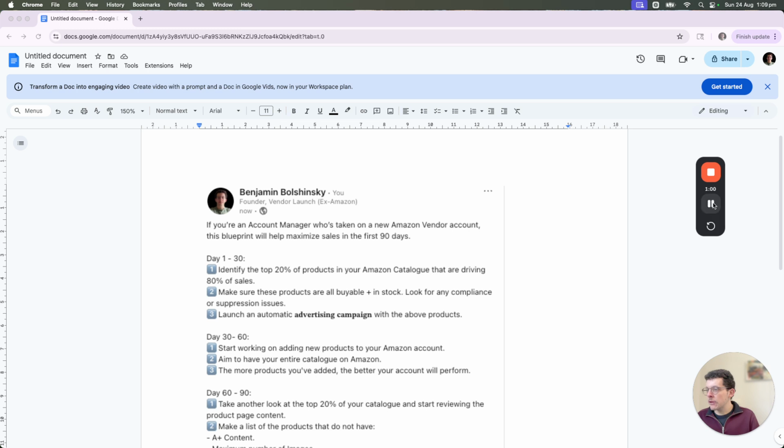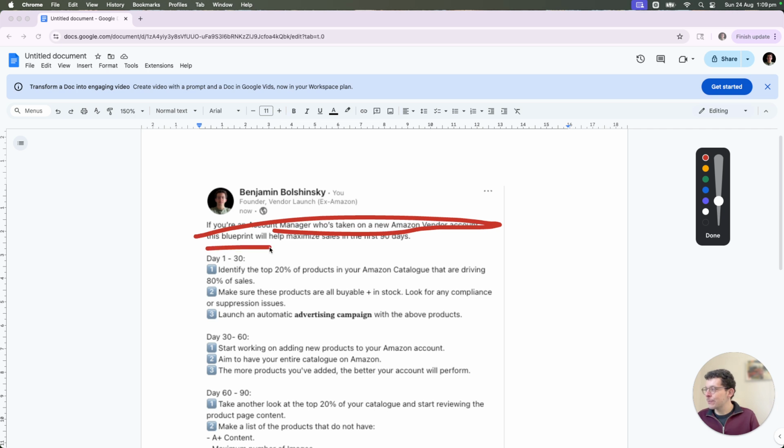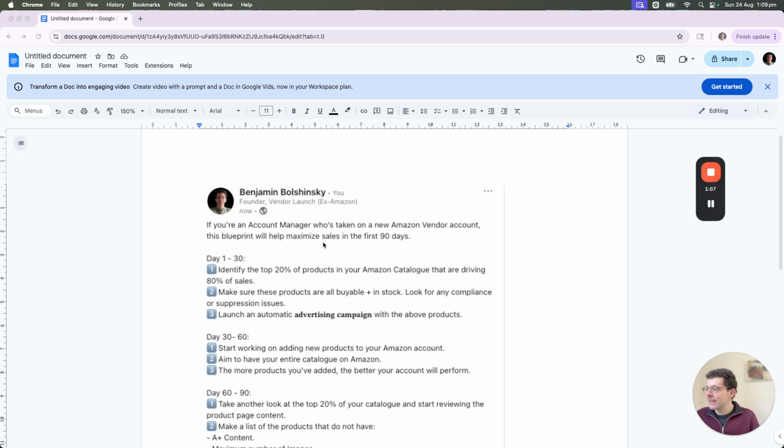If you're an account manager who's taken on a new Amazon vendor account, this blueprint is for you. Again, these first 90 days are crucial because that's the time to start building a foundation, to start prioritizing and really growing the account. But it can also be very overwhelming. You might have thousands of products, you might have thousands of different issues, you just don't know what to start with. And so really, the first 30 days, what you want to do is